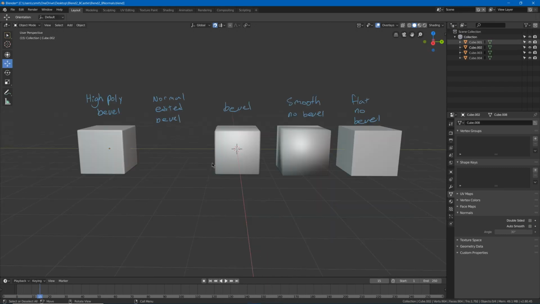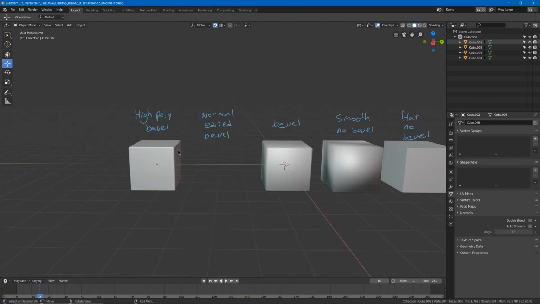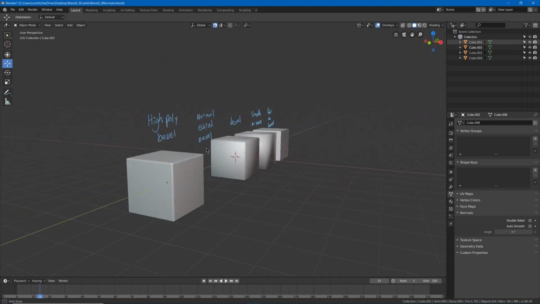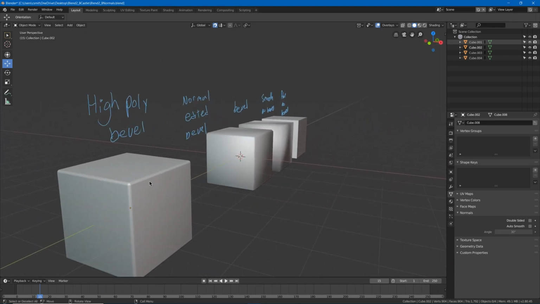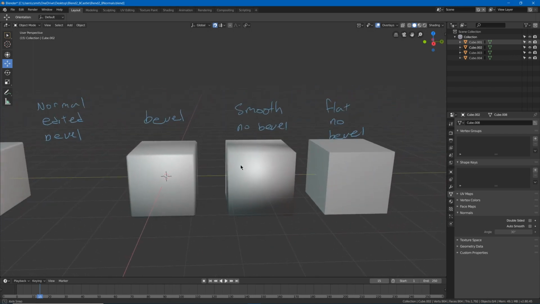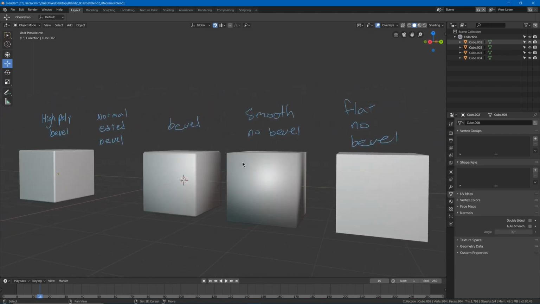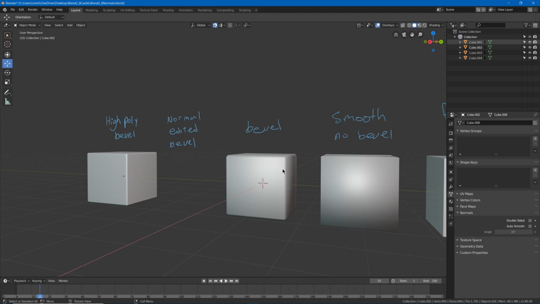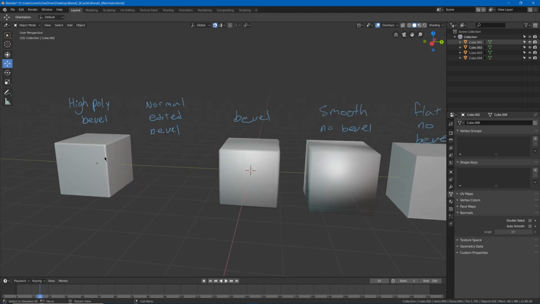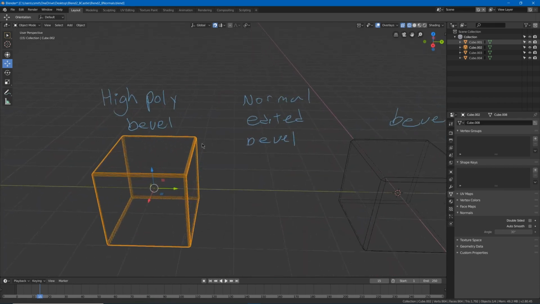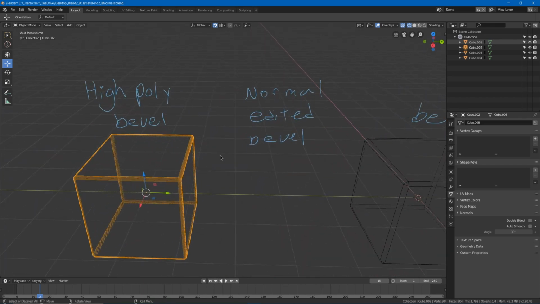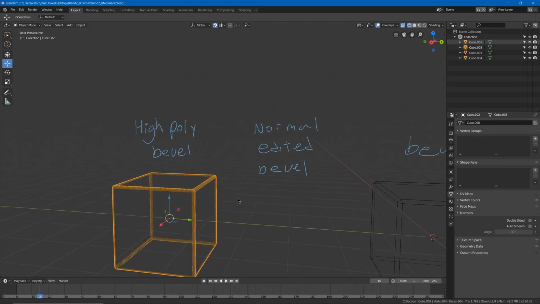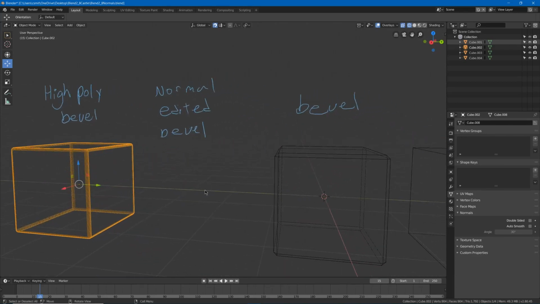Okay, so here's a situation where set from faces is going to be useful. So say you wanted to have some nice beveled edges, and the thing about beveled edges is that to get this smoothing to look quite the way you want it, you need a lot of edges, and that's not very good poly count wise, especially if you're doing something like a game,